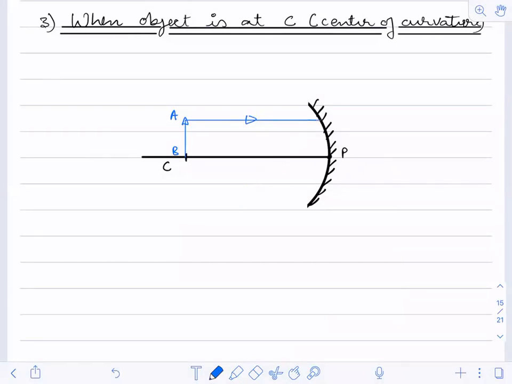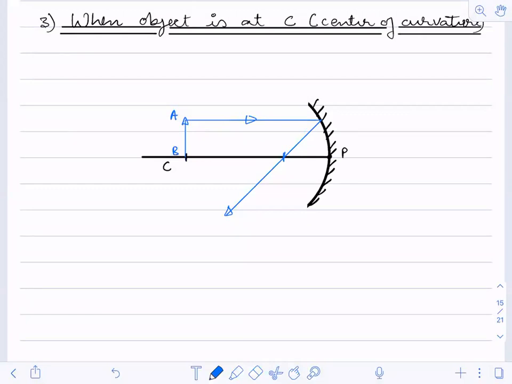So this is the incident ray. From focus it is passing now, like this. So this is focus. Voice is not audible. Is it not audible? Am I audible to everyone? Okay. It is audible. Pavana, you check your net connection.